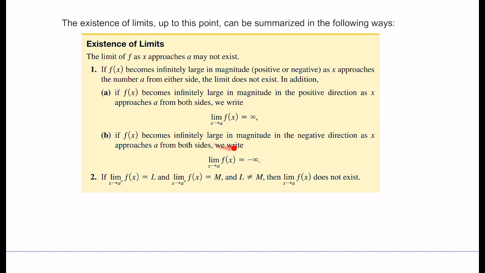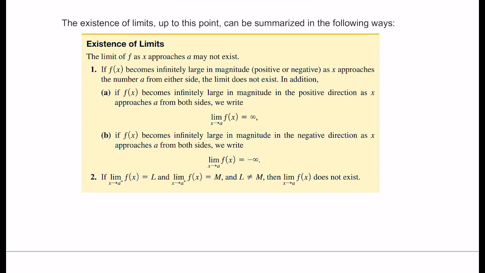In addition, we have these following little clauses. If f of x becomes infinitely large in magnitude in the positive direction as x approaches a from both sides, we would write that the limit as x approaches a of f of x is infinity. If f of x becomes infinitely large in magnitude in the negative direction, we're just going to say that it equals negative infinity, okay? If the limit as x approaches a from the left of f of x equals L, and the limit as x approaches a from the right of f of x equals m, and L doesn't equal m,